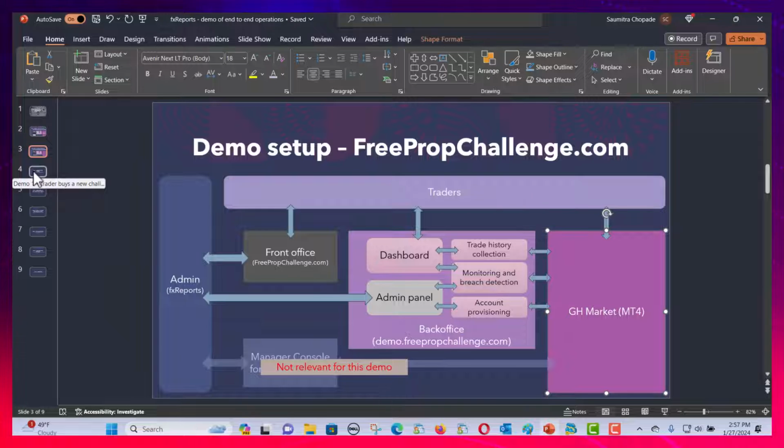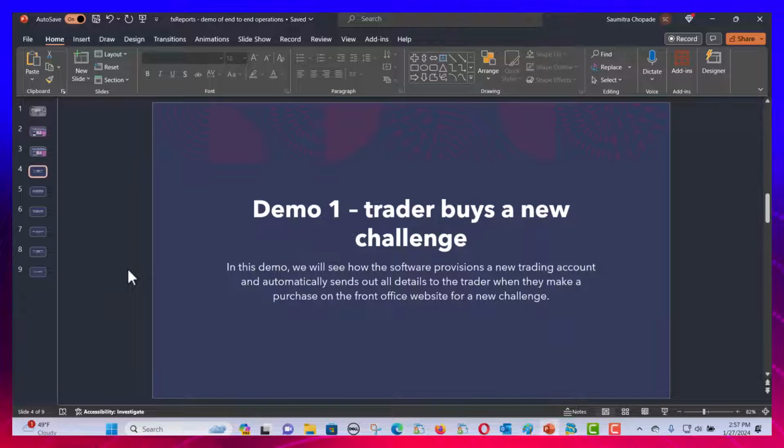There are multiple demos that we will record and show as part of this and subsequent videos. The first demo we are going to see now is for a scenario when the trader has purchased a new challenge. So I will show you from end to end how the trader can buy a challenge, how the FX Report